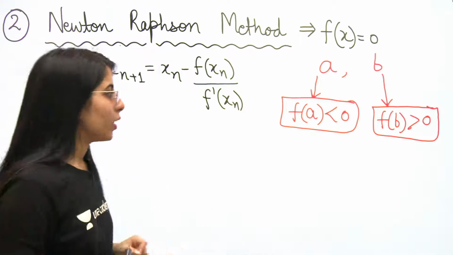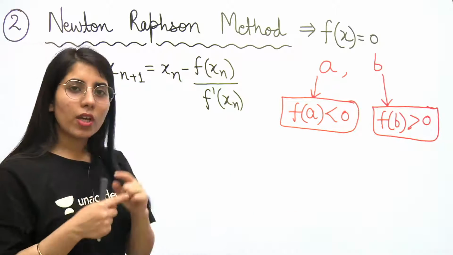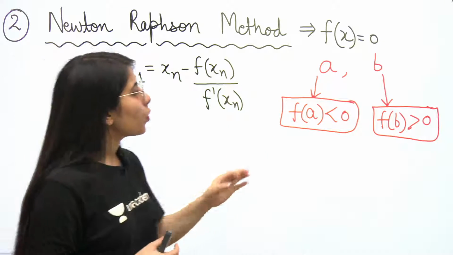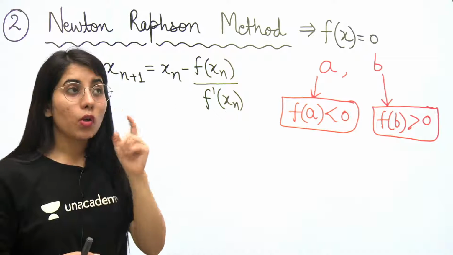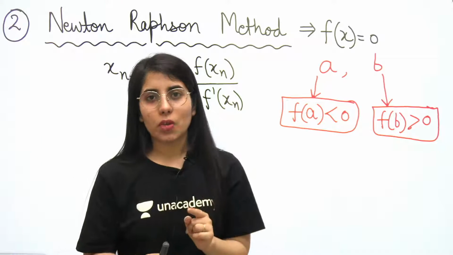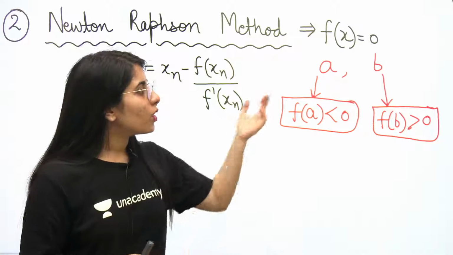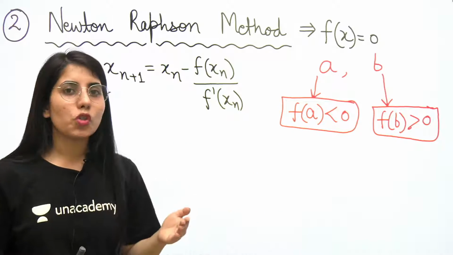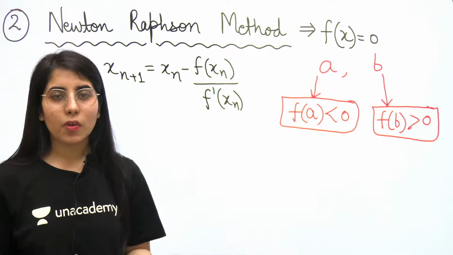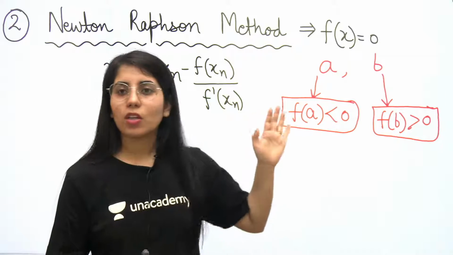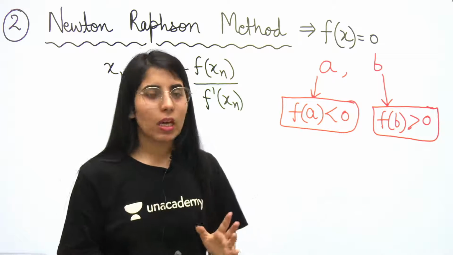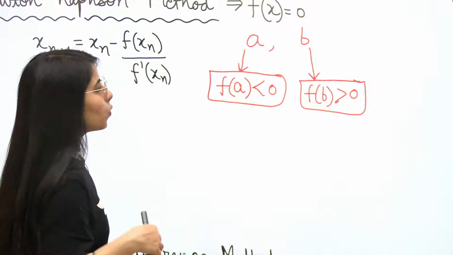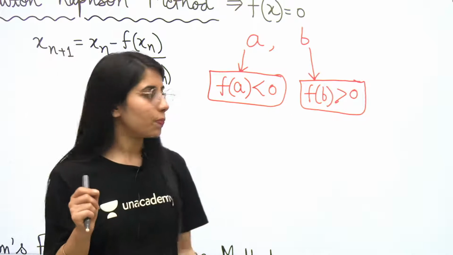Okay, next point. Now you need to start proceeding further. This was just your first step. Either they will give you a and b values in the question, but always remember they should be consecutive values. Clear? Or if it is not given, you have to consider it on your own. If they are not given in the question, it will be easy for you to consider those values and to write them in this manner or to check them. Clear? It will be easy. It's not a difficult thing, because normally we get initial values like 0, 1, 1, 2.